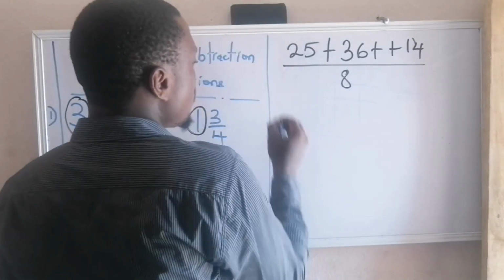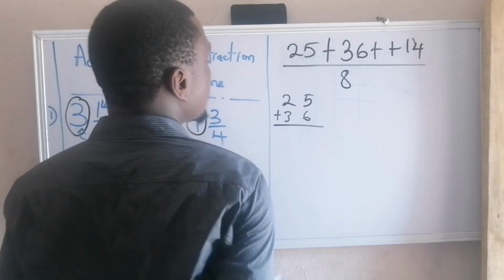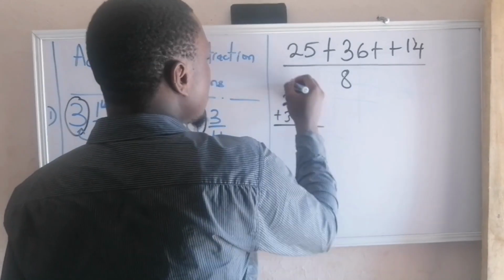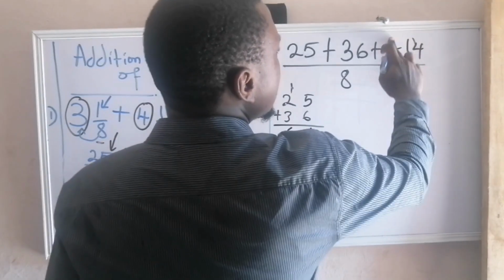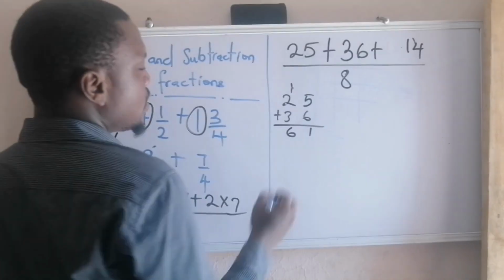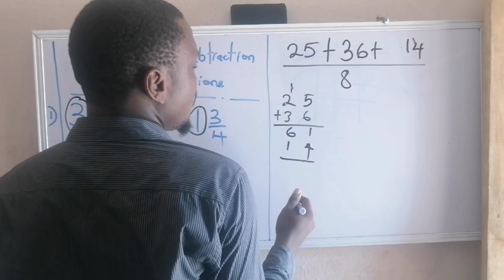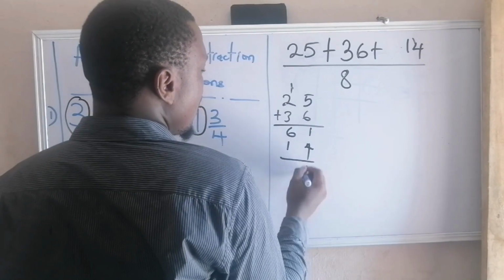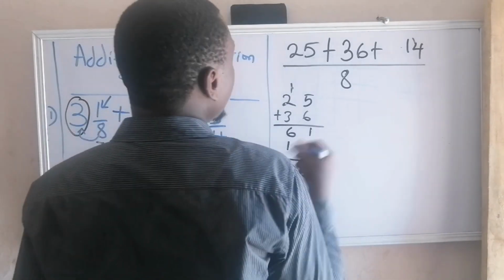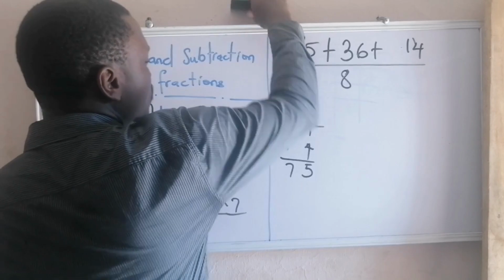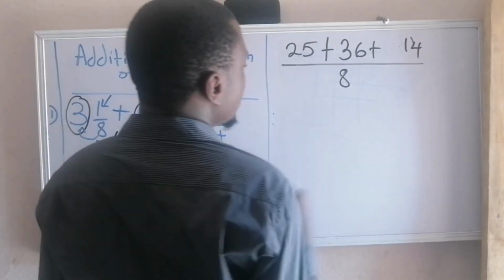We are going to add them together. We have 25 plus 36. What is 6 plus 5? 11. Write 1, carry 1. 1 plus 2 is 3, 3 plus 3 will be 6. Then add the 14 to it. That will be 1 plus 4, that will be 5. 6 plus 1 will be 7. So 25 plus 36 plus 14 will give you what? 75, based on the calculation we just did. So that will be 75